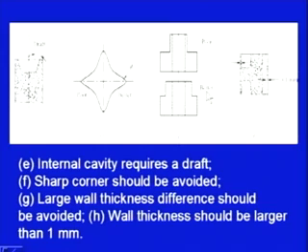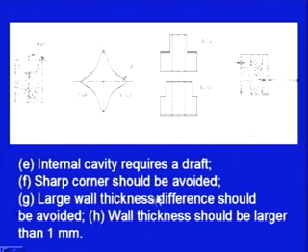Then coming on to other design guidelines, if an internal cavity is there, this is some internal cavity in the powder metallurgy part, this blank portion here, and later on the other portion is filled with the powdered metal. So, if this kind of a design has to be developed, then some draft should be given to the internal portion edges. So, internal cavity requires a draft. This draft usually is given in terms of certain degrees, it can be 2 degrees or 3 degrees or 5 degrees depending upon the requirement.